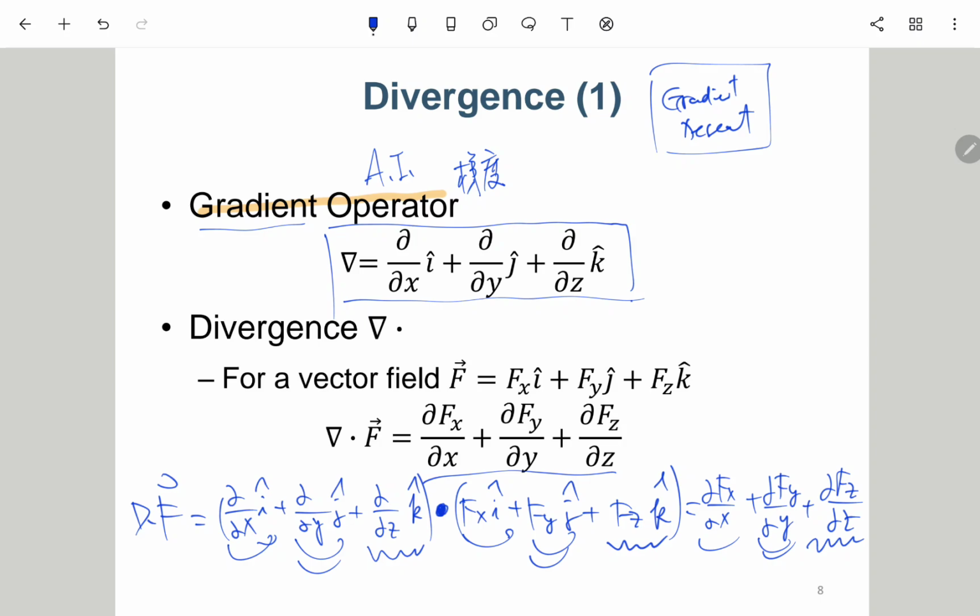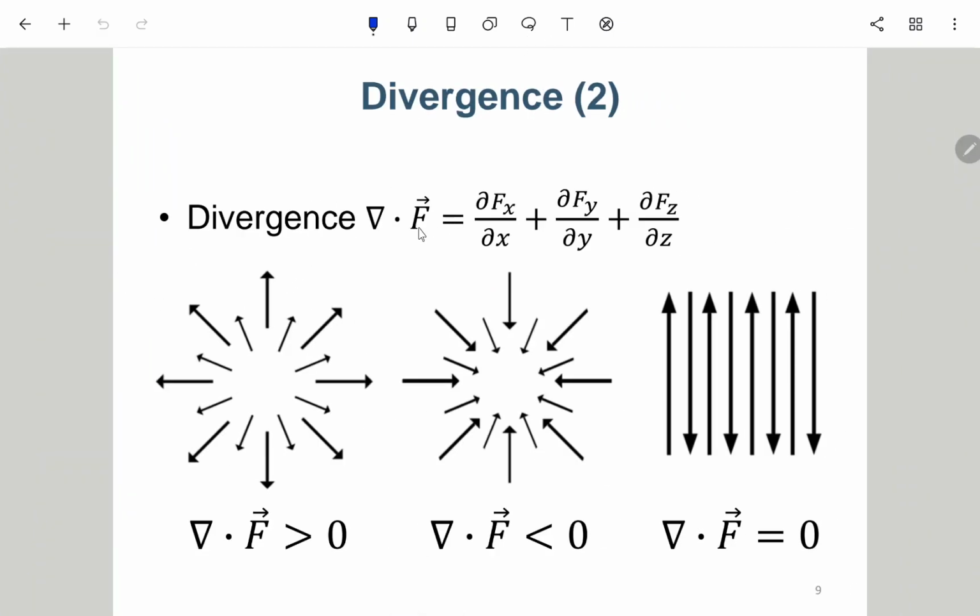Divergence operator. 所以值得注意的是，这个 divergence operator 作用到一个 vector field，但是它出来的话会变成一个 scalar field，一个标量的场。它在空间上每一个点，甚至跟时间有关的，每一个时空都会有一个值。那它有什么物理意义？